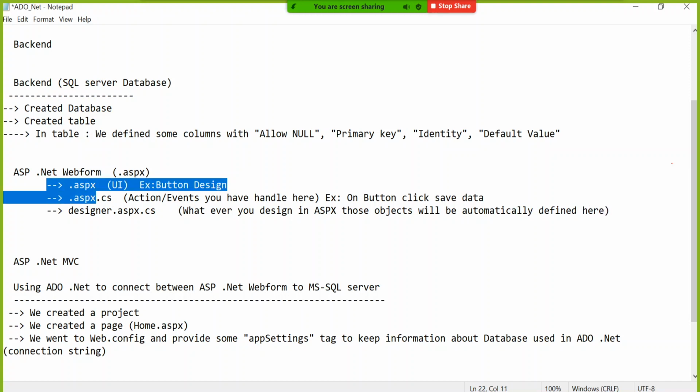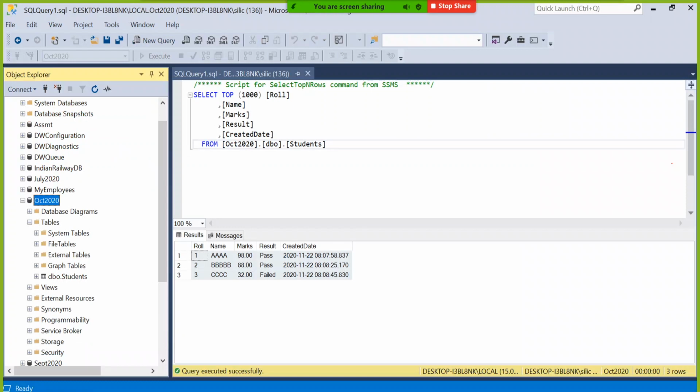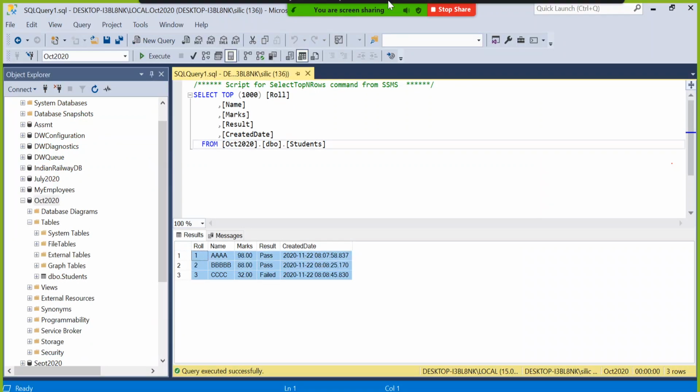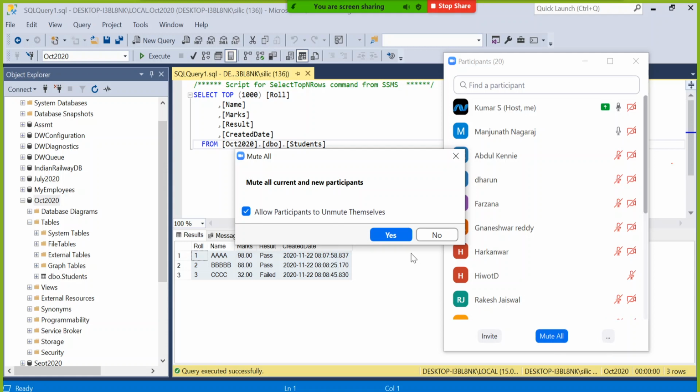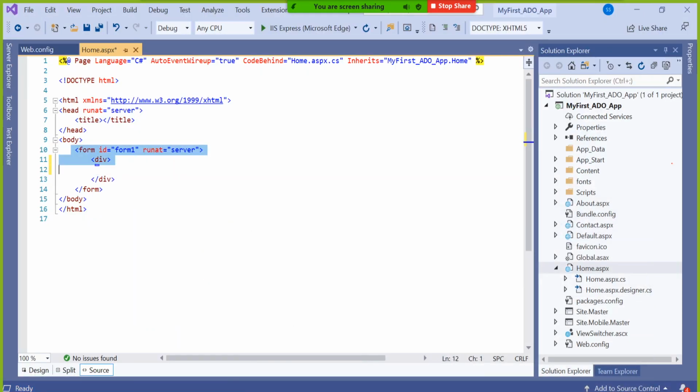Let's do one example so that this will be more clear to you. Let's design some table here, because in the first go we will fetch the data from this table and display it on the screen. I will fetch the data from the SQL Server table and display it on the screen. If that is the task, then obviously here we have to design a table. If you go to MVC, you have to manually design the table, guys. That is called a client side table.